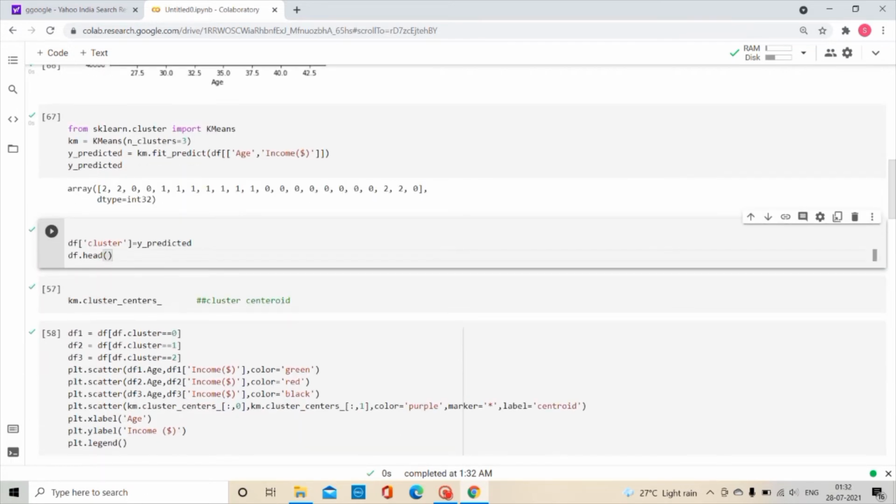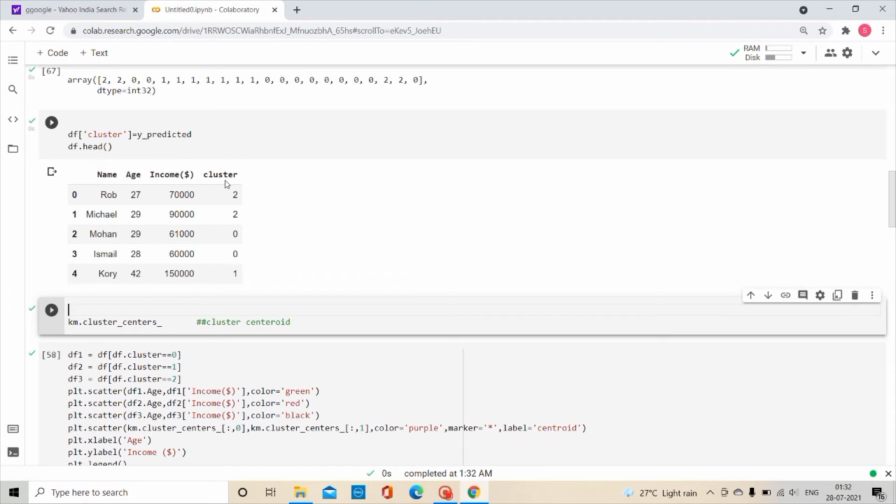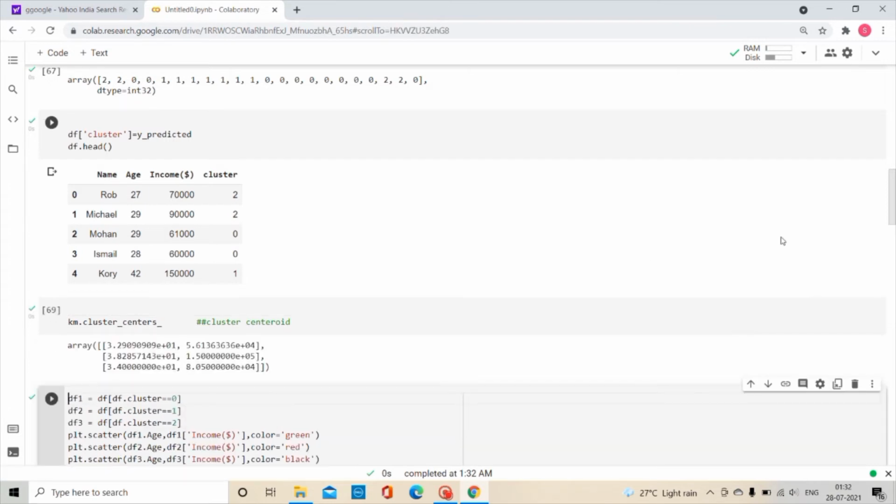So in our next code we are going to make a cluster column and specify the y_predicted inside this. In order to get the cluster centroid we are going to use km.cluster_centers_.